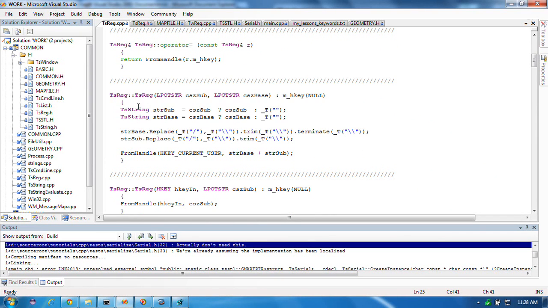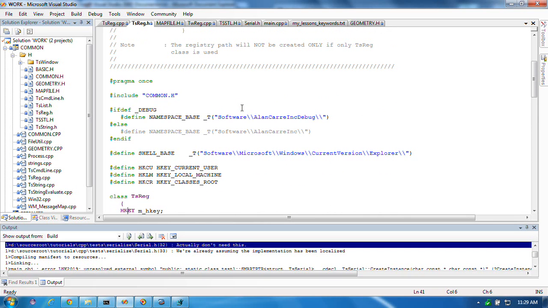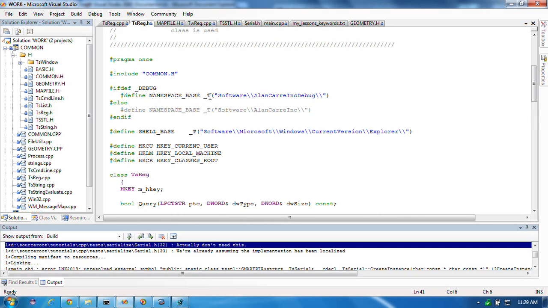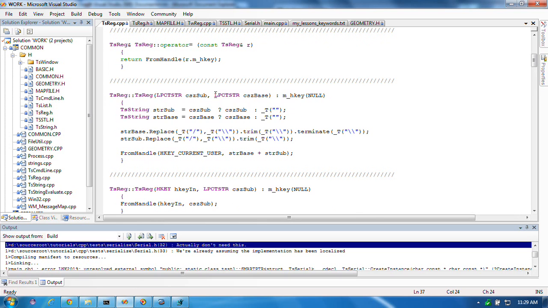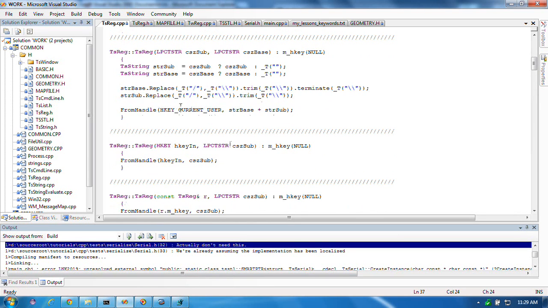I actually did a little fixing first. Takes two strings, subkey and the base. So you sort of read this backwards. This is like the root namespace, and this is the subkey. So this would be like in the header file. Software, Alan Carr Inc. debug, and then this would be my program. Okay, and then